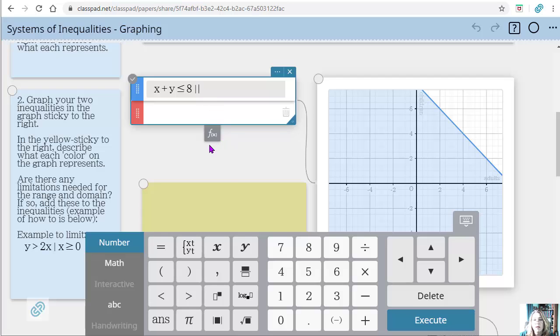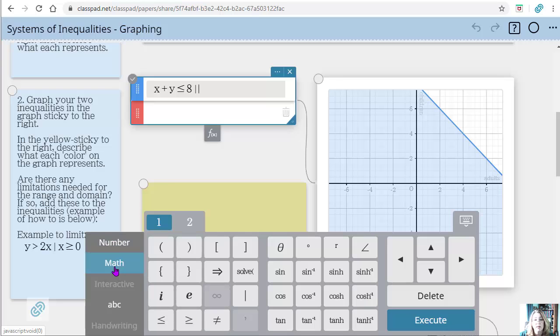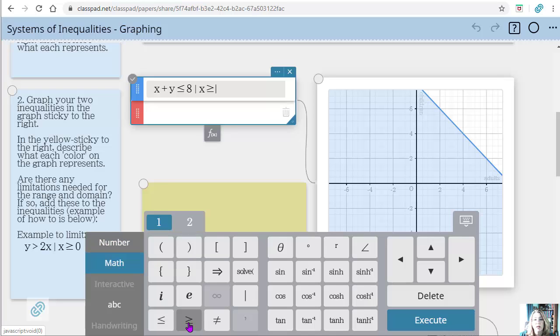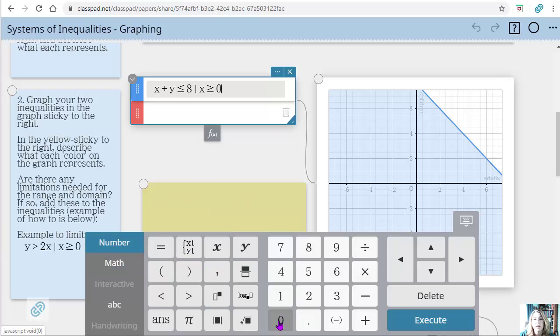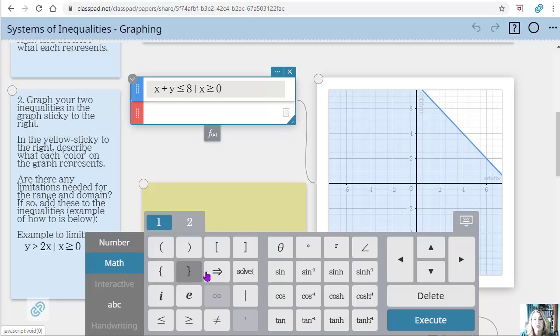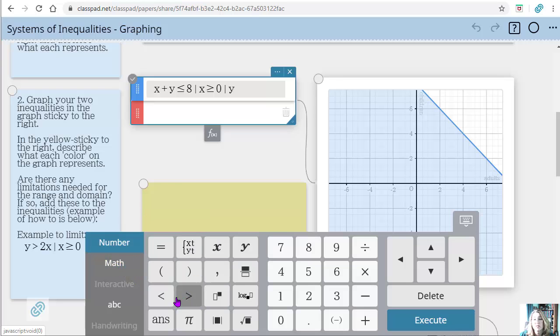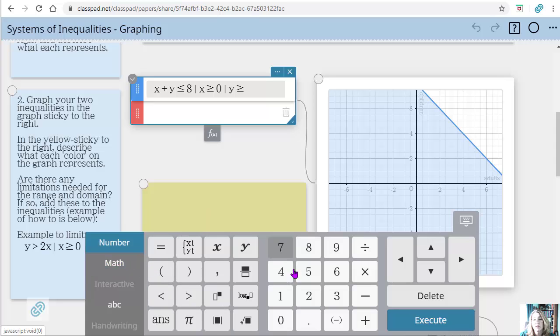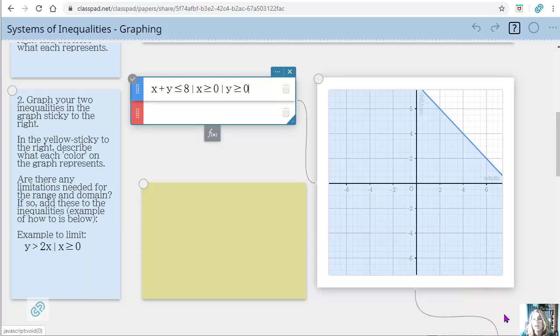Our X can't be negative, we basically need to keep it positive, right? So X should probably be greater than or equal to 0, right? And I should probably also have children. So remember, X and Y represent children and adults. Children should probably also be greater than or equal to 0. So I'm going to put both limitations on here, thinking about the context of the situation, and watch what happens to my graph.